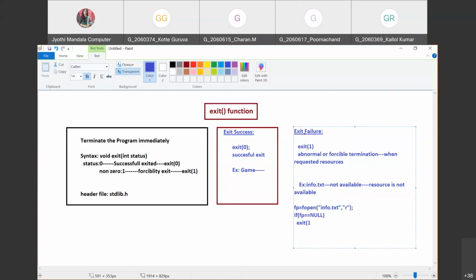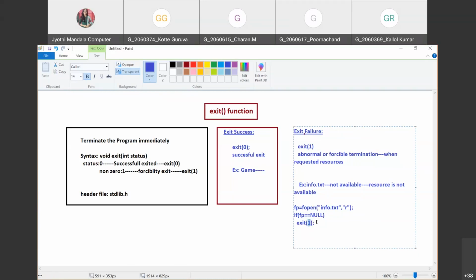Why am I telling the status of 1? It is because the resource that I have requested is not available in the computer. Then it can be understood by the operating system that it is not a successful exit. Observe the difference between this one and this one. Here it is a successful exit because the user wanted to exit. But here, the resources are not available. Suppose the user is requesting a printer. Let us consider the printer is not available to him. In that case, he can come out of that one, giving the status as exit 1.